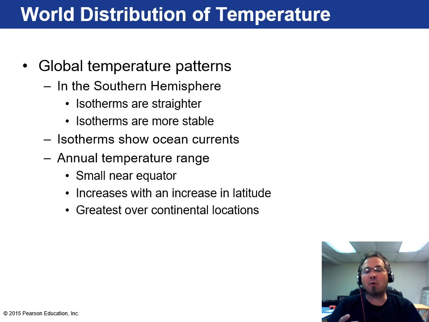And it's greatest over continental locations. Again, like I've been saying this whole time, the ocean is water and takes much more to heat it or cool it. So those big swings in temperature have a tendency to be over continental locations, especially those that are away from the oceans, like here in Wisconsin, or in North Dakota, where it can get really cold. Those places in the upper Midwest or up into Canada don't have the oceans there to help moderate those temperatures.